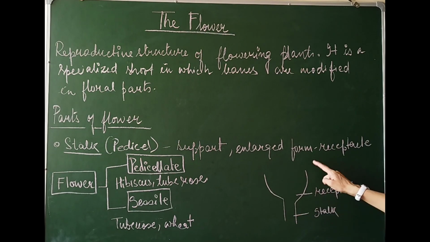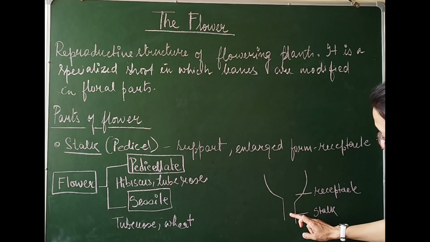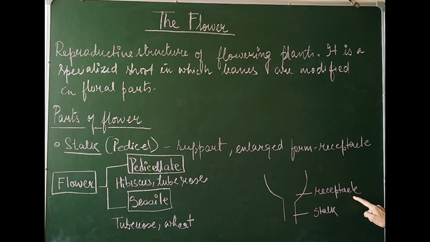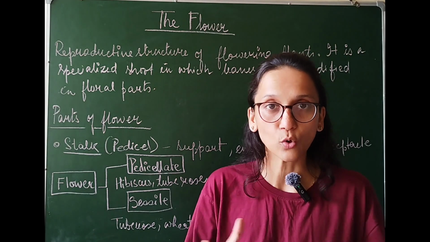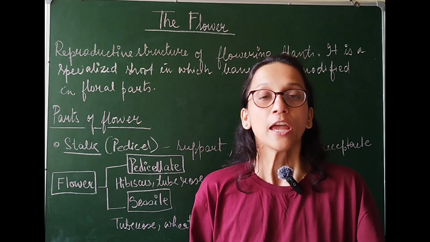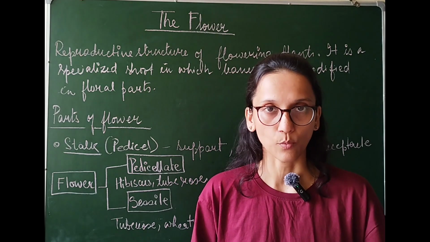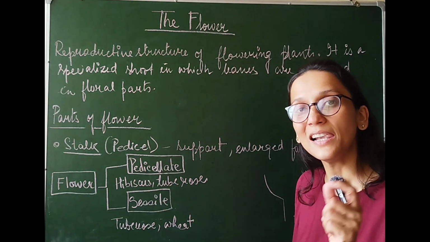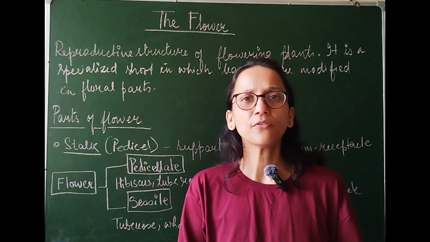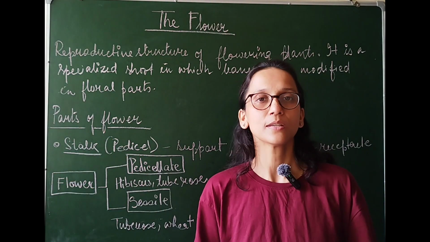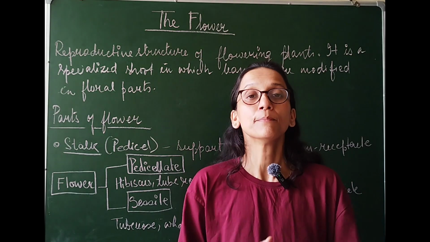So अगर इस structure को देखें, so this neck area is called stalk, but here this stalk has also enlarged to form another structure which is called receptacle. क्या सभी flowers के पास stalk होता है? Not necessarily so. If a flower has a stalk, then we call it a pedicellate flower, and if a flower lacks a stalk, then हम उसे कहते हैं sessile flower. Examples of pedicellate flowers, जो common flowers हमें दिखते हैं, are hibiscus and rose, whereas examples of sessile flowers are